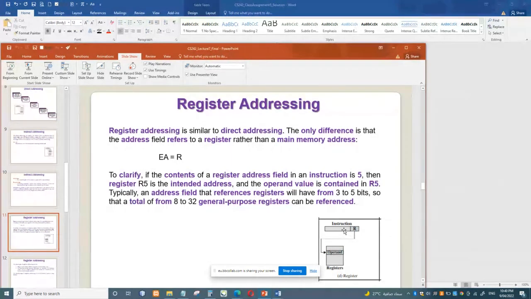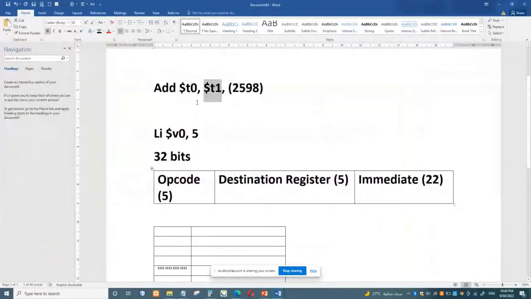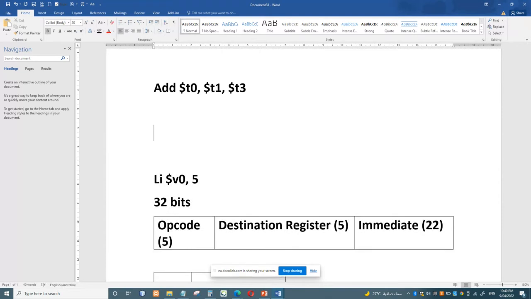So in case of register addressing, for example, if we go to this kind of instruction, add $T1, $T2, $T3. So what is happening? You can see the three registers, all are registers. So register addressing is used completely in MIPS as well. You can see that all registers are specified. So if we see the corresponding machine instruction of this,